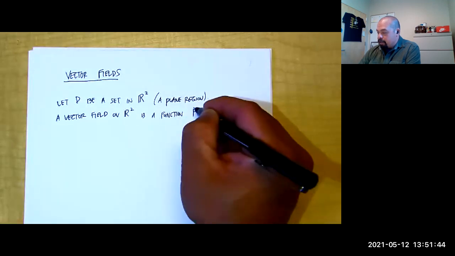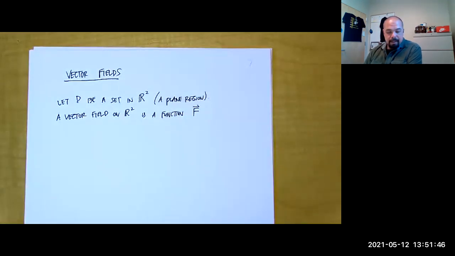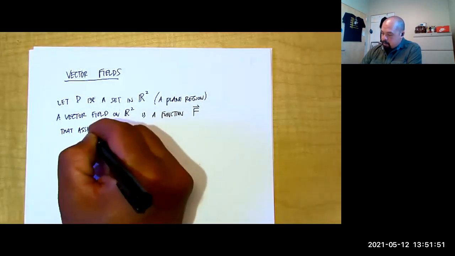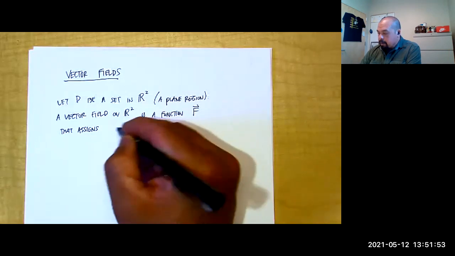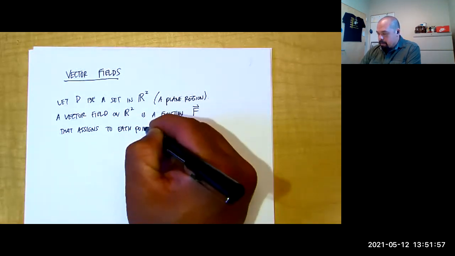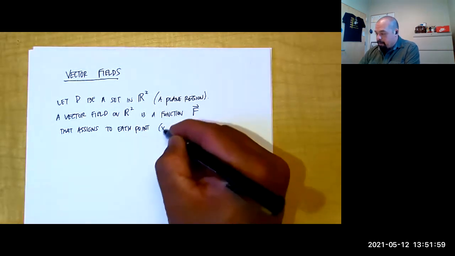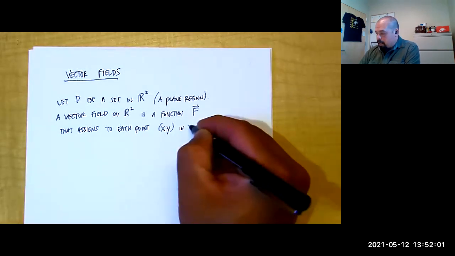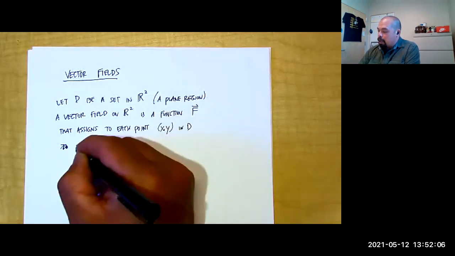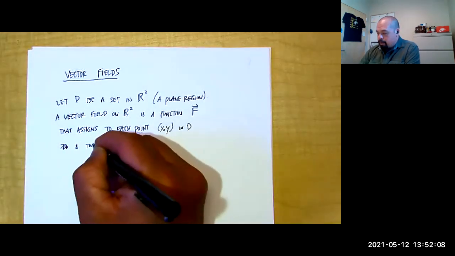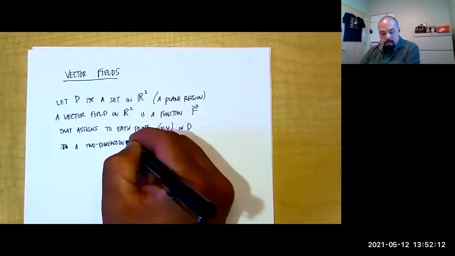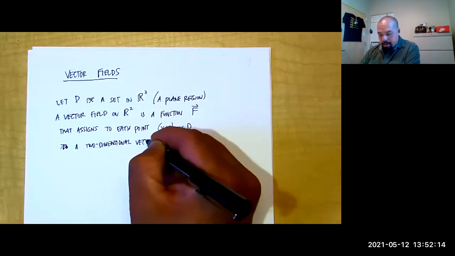It's a vector valued function, F, that assigns to each point in the plane, x y, right, in D, a two-dimensional vector